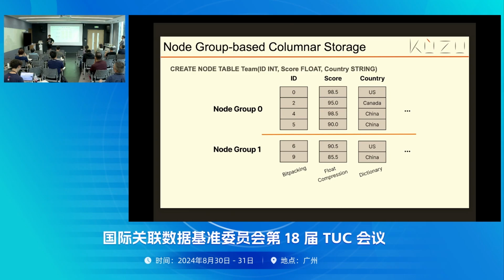And other than projection pushdown, it's a common technique to do zone maps. So if I'm trying to run a filter over the score column, say I want every score to be less than 85. Because you hold the statistics of the first node group of the score, you know the minimum value of this node group is 90, which could help you skip the entire scanning of the first node group. So I would say it's a general technique that you want to do for analytical databases in general.